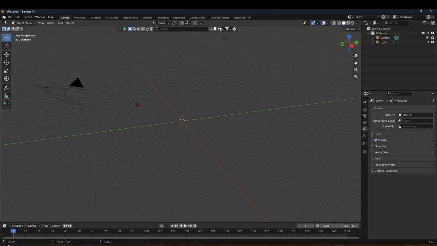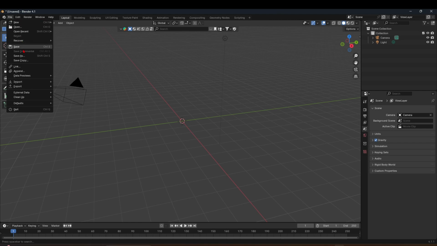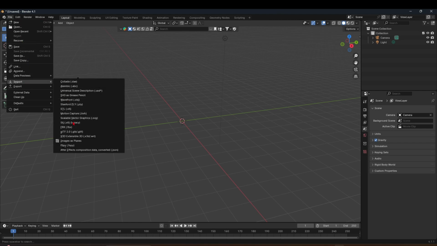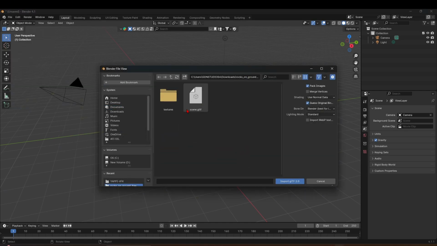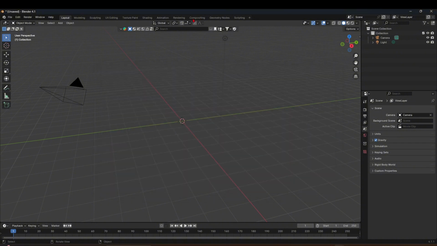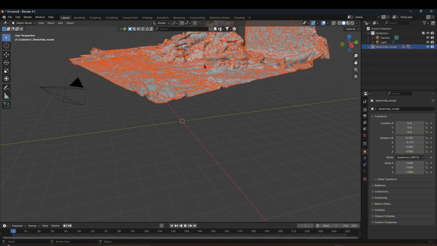And I'm going to import the file that I'm going to use for the environment. The link is going to be in the description, so you can download the file to practice with as well. So I'm just going to go to file, import. It's a GLTF format or GLB format. So click on this import. I'm just going to navigate to that folder, which is here. When you go to the folder, just go into it and select this scene.gltf and click on the import GLTF. Just give it maybe 2-5 seconds and you have your